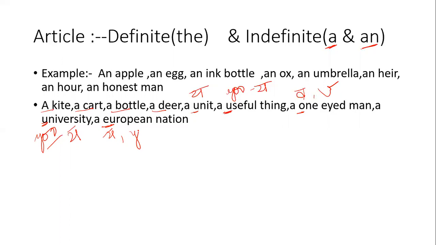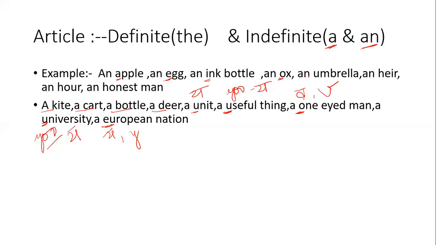Okay. Now, coming to the indefinite article an. There are exceptions in all the articles. The exceptions we'll be discussing one by one. An apple, clear? Because A gives the sound of a, that is a vowel sound. An egg, another vowel sound. An ink bottle, vowel sound. An ox, O is here a vowel sound. Ox. So an, here O was giving a consonant sound in one, so a one-eyed.